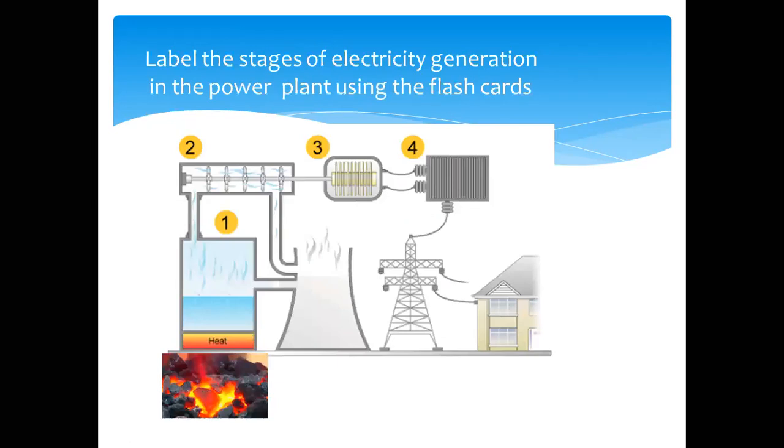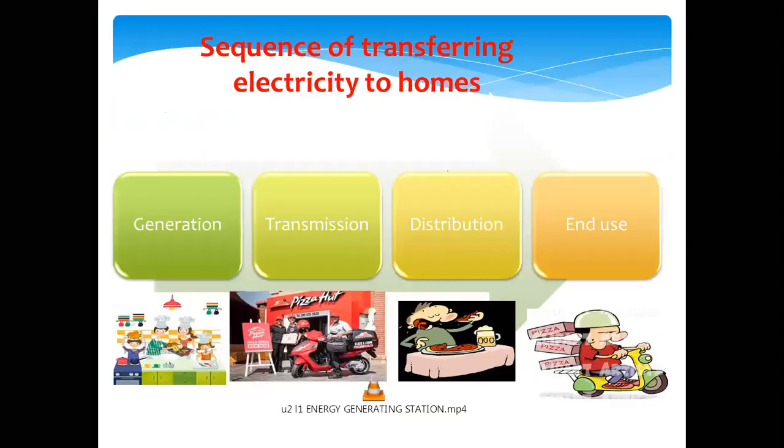After the power plant gives electricity and sends it to the high voltage tower, and the high voltage tower sends it to our homes, can we give the sequence of transferring electricity to the home? Number one, generating. They generate electricity in the electric power plant. Then they transmit it, moving it to another place, the high voltage tower. Transmission. After transmission, distribution